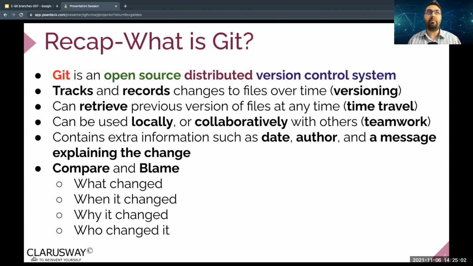It tracks the changes and keeps the record. That's the versioning. Versioning is not version number 1, version number 2, 0001. Those are version numbers, but the versioning we mean is tracking the changes and recording them.